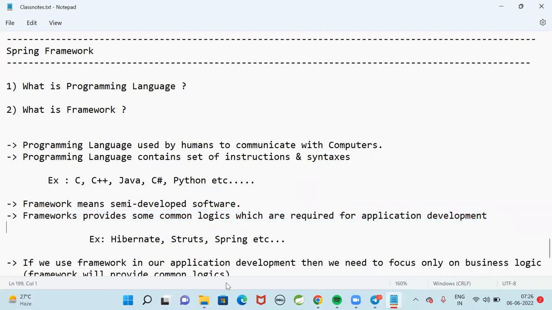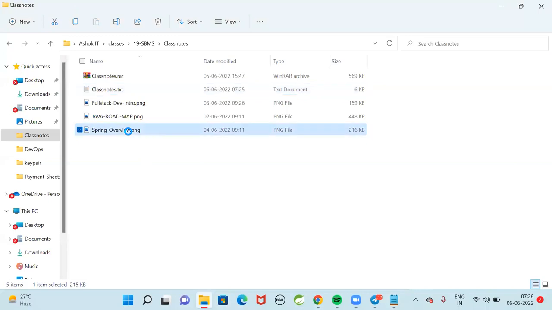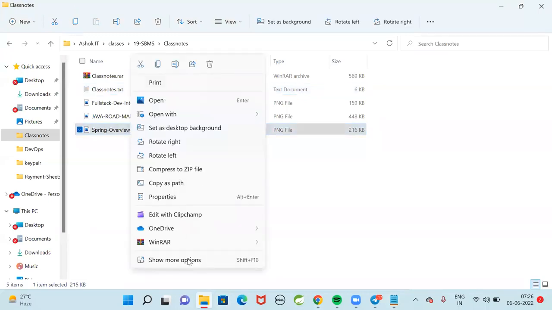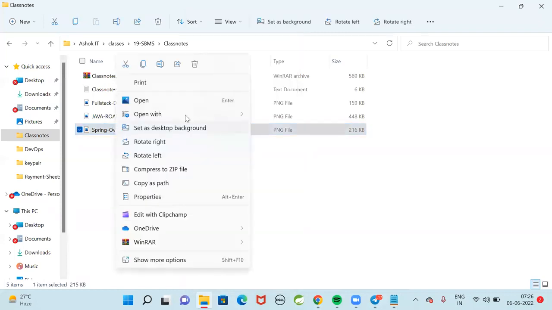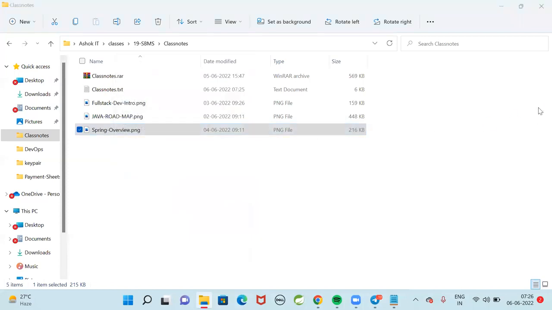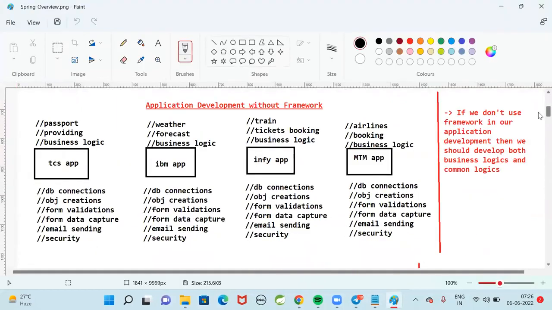Now, if you go for any application, some logics are very common. So what are the common logics that are required for every application?